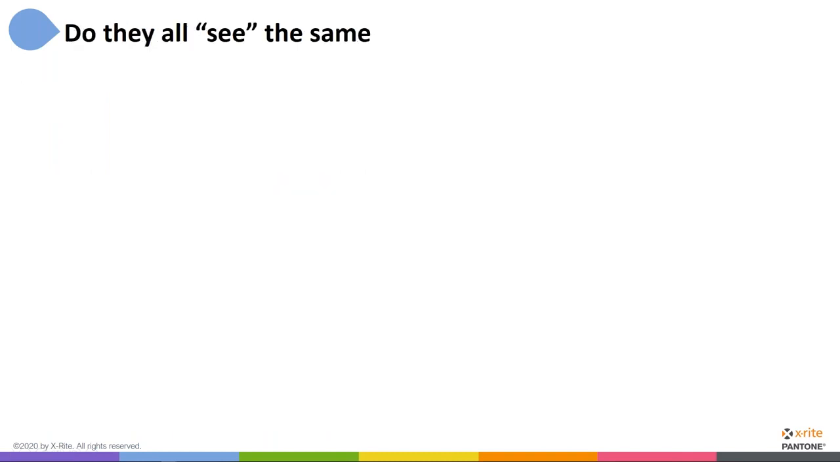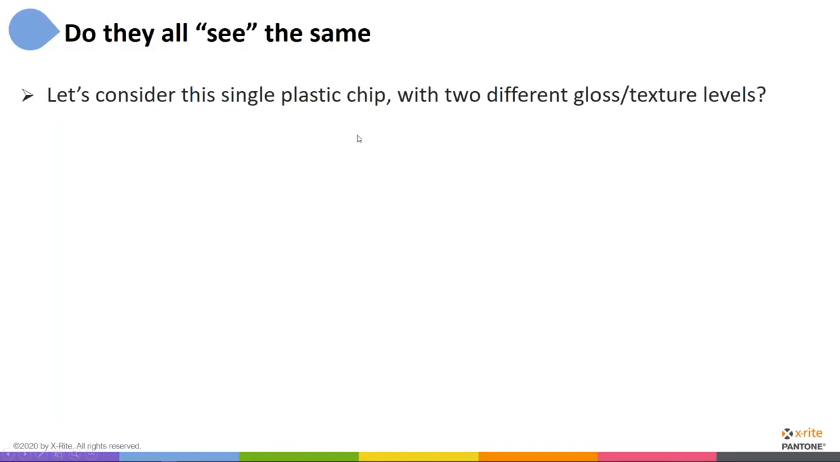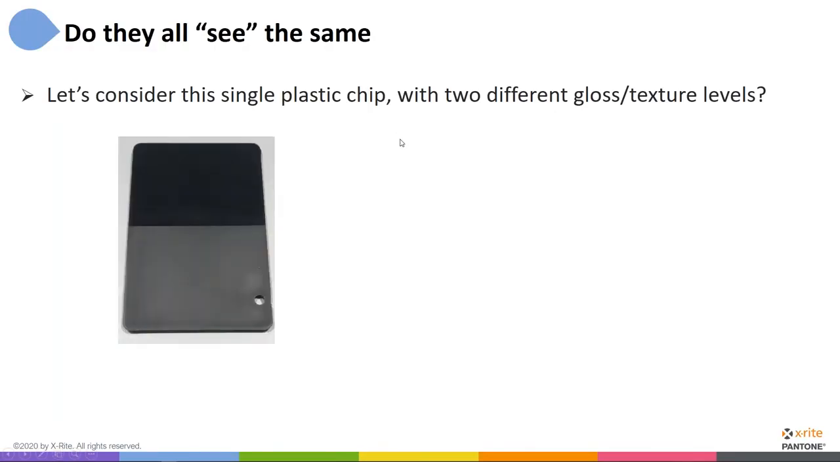Now, let's talk about if they all see the same. So let's consider this single plastic chip with two different gloss and texture levels. This is a piece of black plastic. I've had this thing for 20 years or more. I just took a picture of it with my cell phone, so it's not the greatest picture in the world,